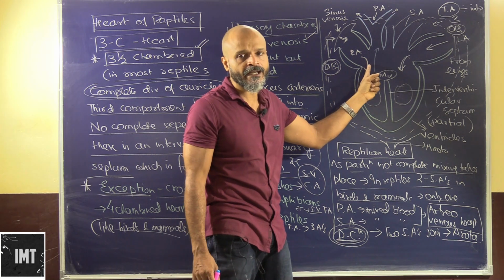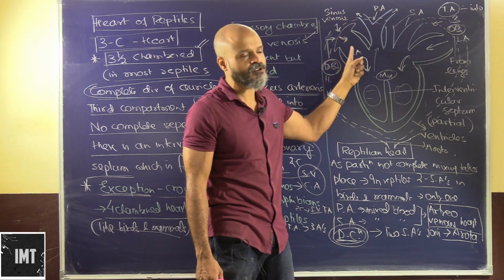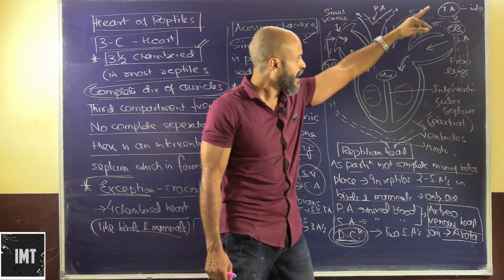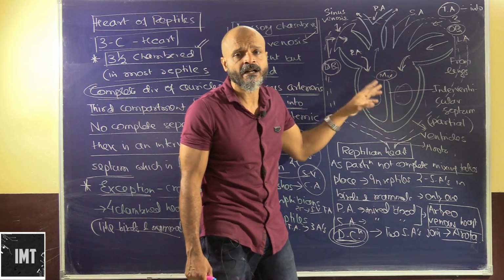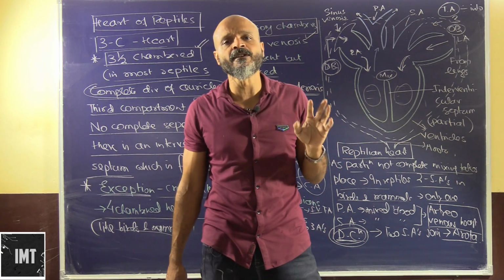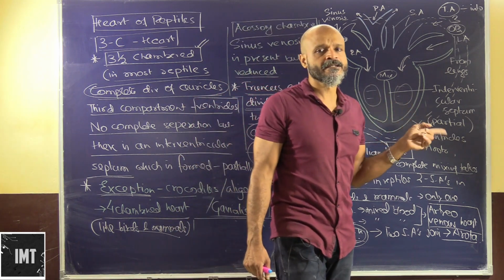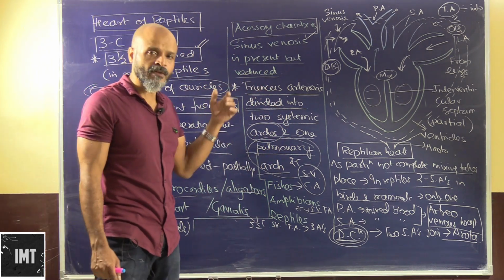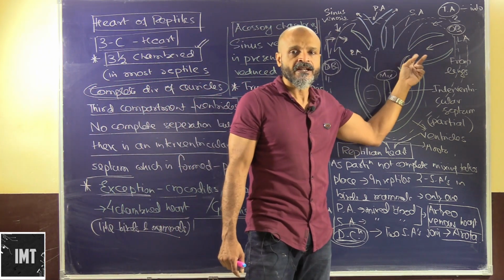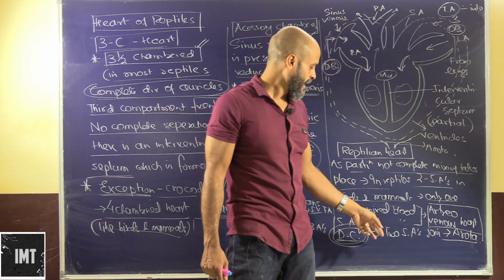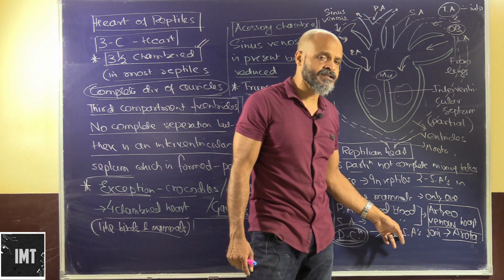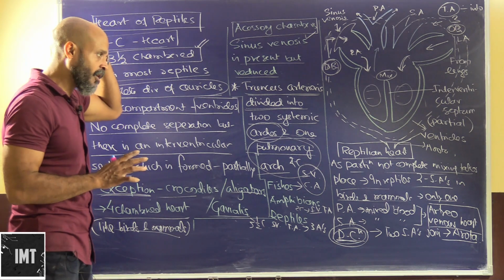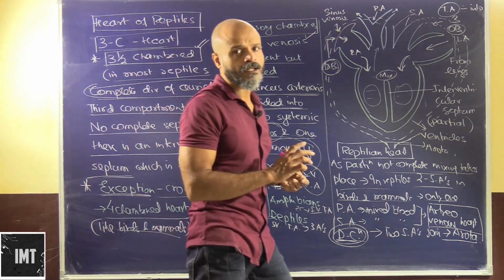So the blood is coming from here, it's getting collected in the sinus venosus, passes through the right auricle, goes into the ventricle, and is pumped into the pulmonary artery. After being oxygenated, it comes back again to the heart. So this same blood is now getting pumped into the different organs. The same blood is coming to the heart twice, once primarily in deoxygenated form and the other in oxygenated form. So that's the reason it is known as double circulation. And these 2 sinus arteriosus join to form the aorta. So this is the reptilian mechanism of circulation, and we will now move on to the mammal mechanism.